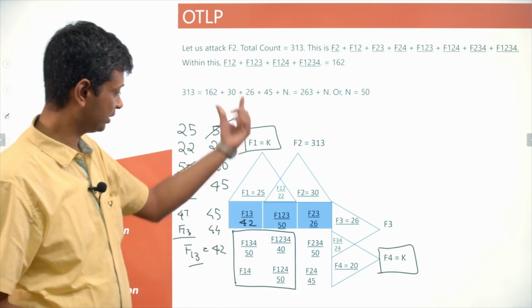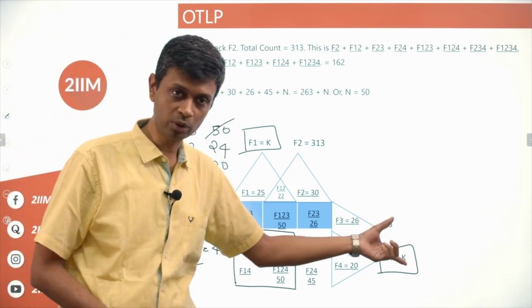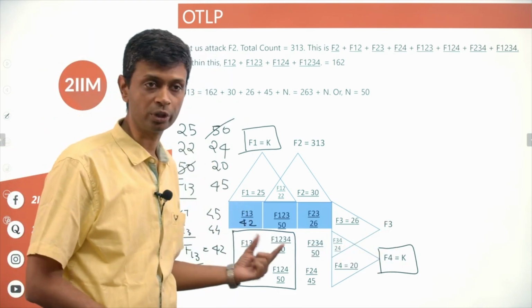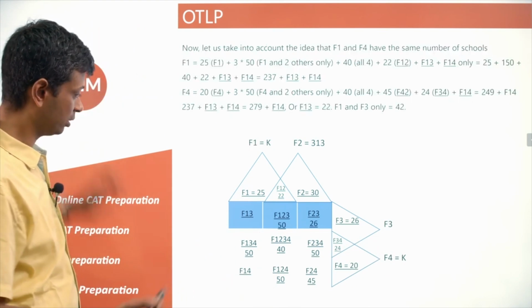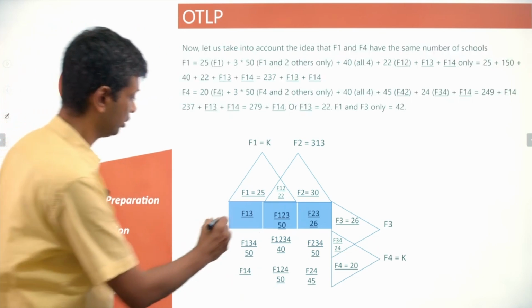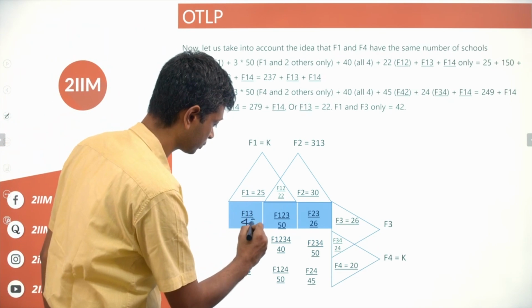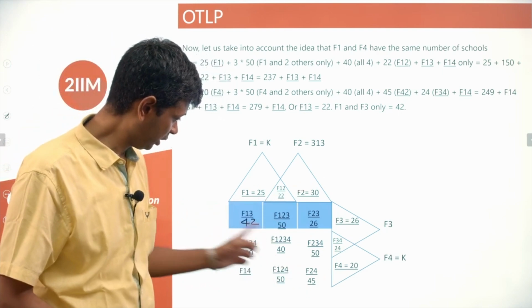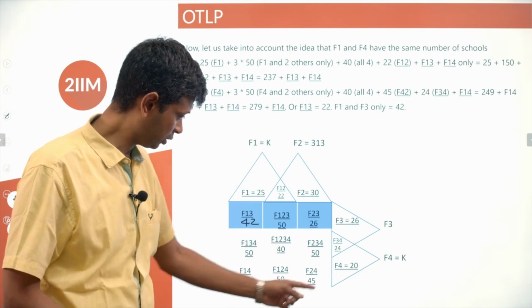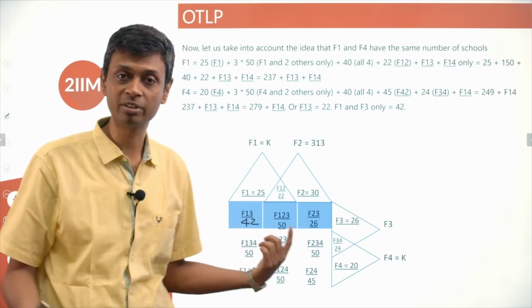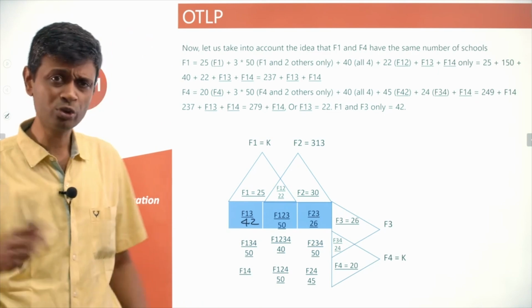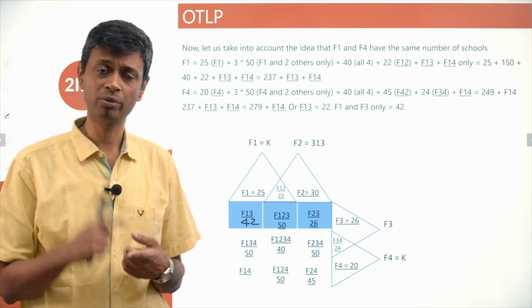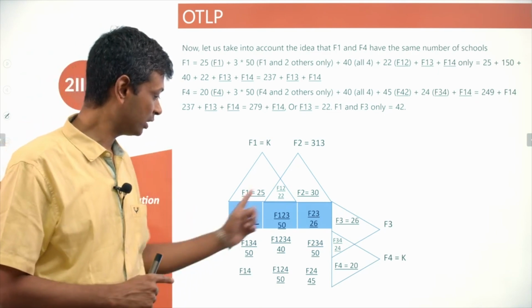Lovely. We've taken the fact that this is K and this is equal to K and plugged that in and got to 42. Super. We filled everything in. We've got a lot of detail. This is 42. Now what else is remaining? We found these 3, these 3, these 3, these three, these two. Just one piece here is missed out. We've used everything. We've used F1 is equal to F4. We've used F2 equal to 313. We used the idea these four are equal.